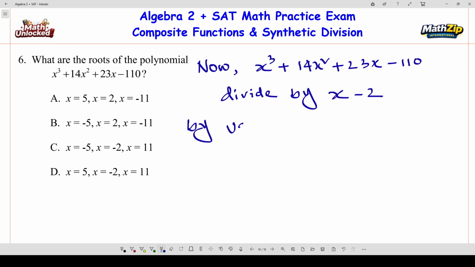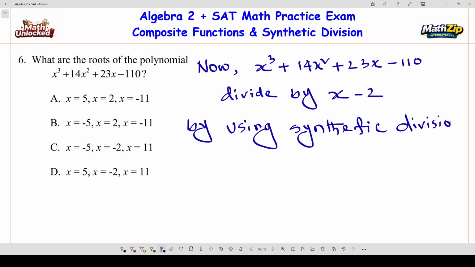By using the synthetic division method, we get,